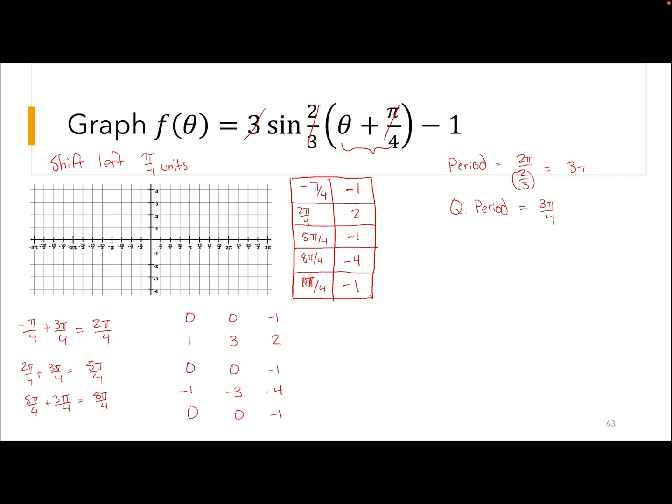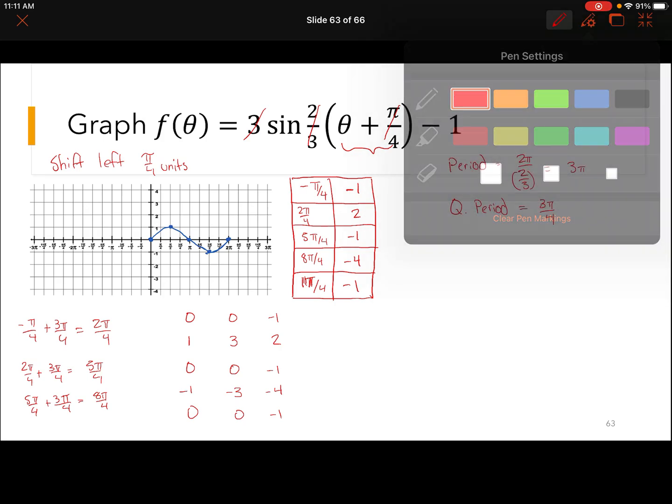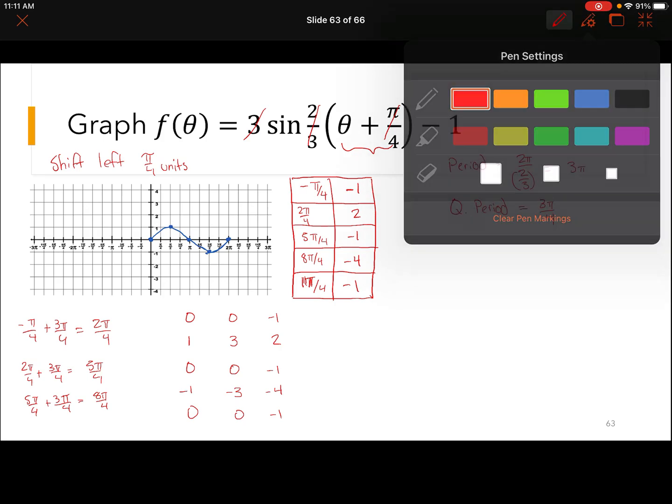Now we're going to graph the original sine function. All right, so let's graph the original sine function in blue, for instance. So we know we start at 0, 0, pi over 2, 1, pi 0, 3 pi over 2, -1, and 2 pi 0. So we draw our wave like this. So that's one period of that. And then our transformation is going to be,